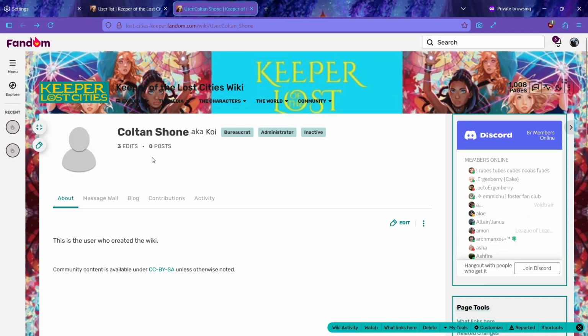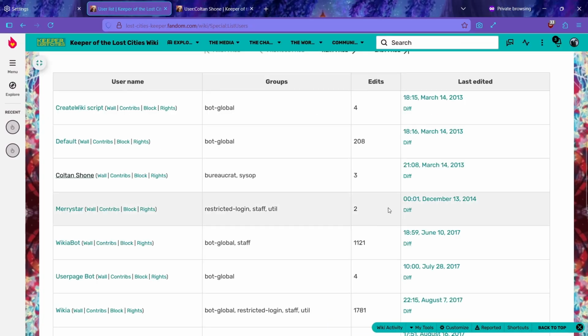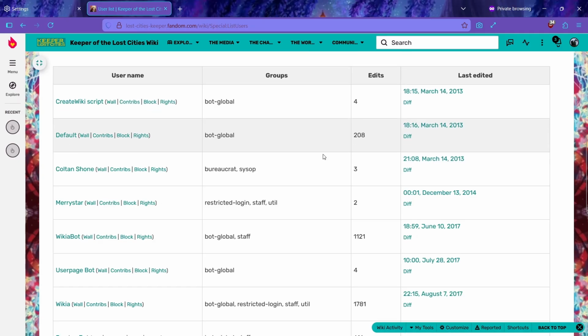Anyway, this was the founder of the wiki. They made the page, they made the wiki, and then they pretty quickly abandoned it. They didn't really do much after that, as you can see, because their last edit was in 2013, which was like the day the wiki got created. You can see that because the default is the same last edited date as the founder, which is pretty common. Wikis are very hard to jumpstart because there's so much to write about, especially because you don't really have that support at the beginning. And so it's pretty common for them to get pretty quickly abandoned.